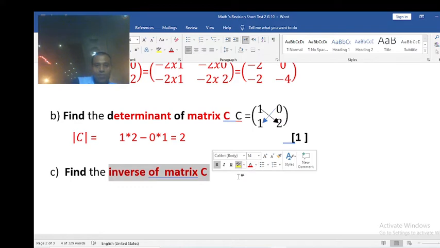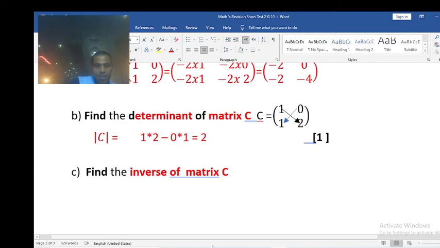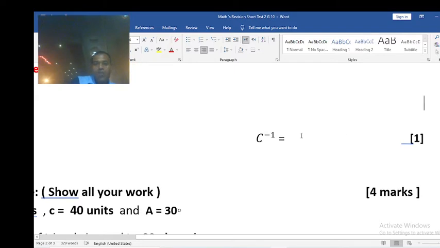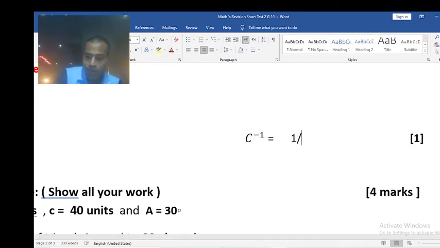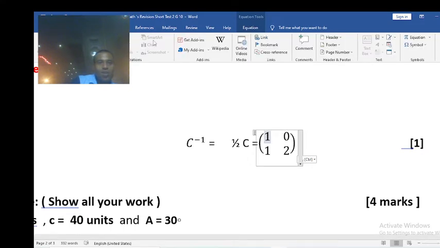Means I will write here, I will just put this here. Okay, I will come back. This one, C minus 1, we told 1 divided by 2, multiply by the matrix, but I should write here 2. Means what, learners? Means we should, let's say,